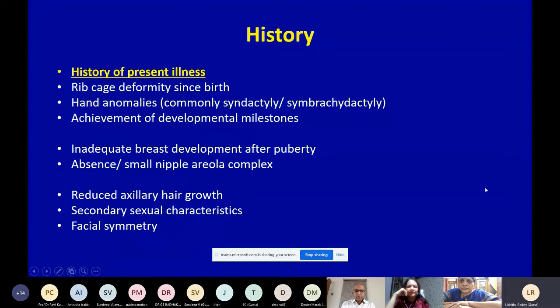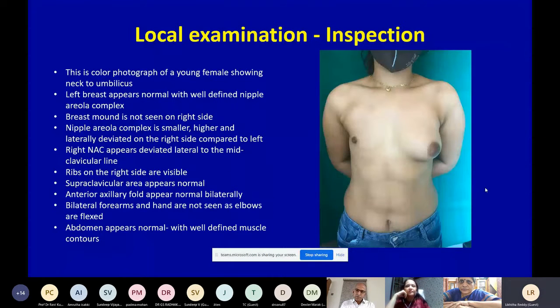Okay, thank you. You also mentioned in your initial description that the anterior axillary folds, on both sides, appear normal. Is that very classic of Poland syndrome? Usually it will be a horizontal one on the affected side. But in this patient, in the photograph, it appears normal. When you say horizontal, can you describe that a little bit more? What is the most typical presentation of Poland syndrome?